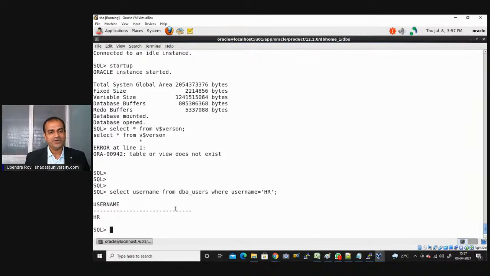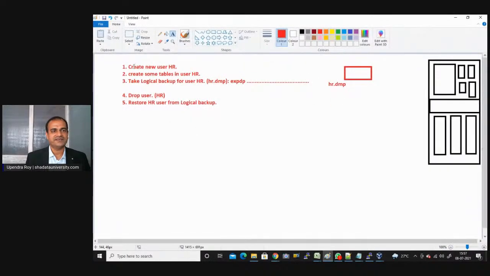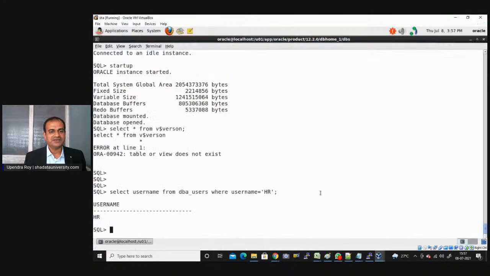So what I'll do, this step is already done. If I take you through the steps, create some tables is already done. Step 1 and 2 are already there. Take logical backup. Okay, so we all know what we have to do to take a backup. We have to have the location where we are going to take the backup. So let us first go and check